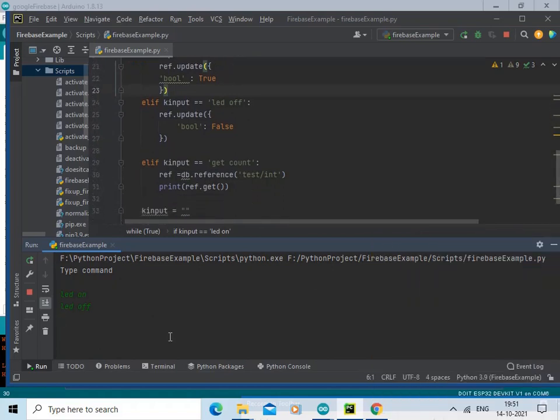Let us try to get the count value from the Firebase account by typing get count. So value we have got is 20. So our code is running successfully.